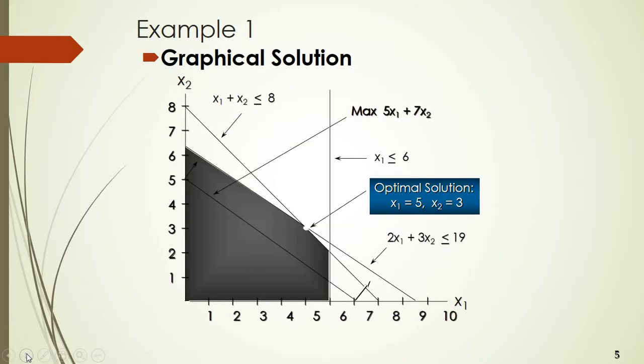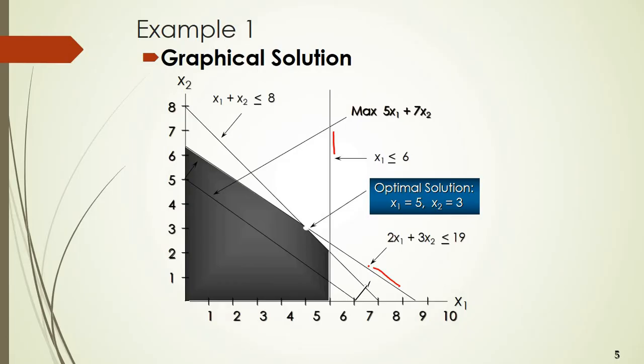By solving the LP formulation, we now have the given graphical solution. This line here represents the first constraint, which is x sub 1 less than or equal to 6. It is a straight line because we don't have given values for the x sub 2. And then this line here,